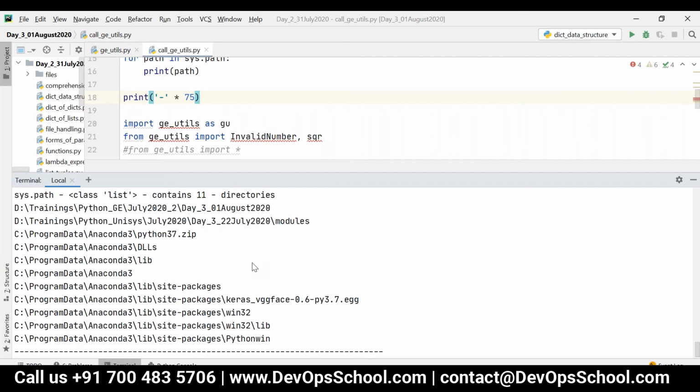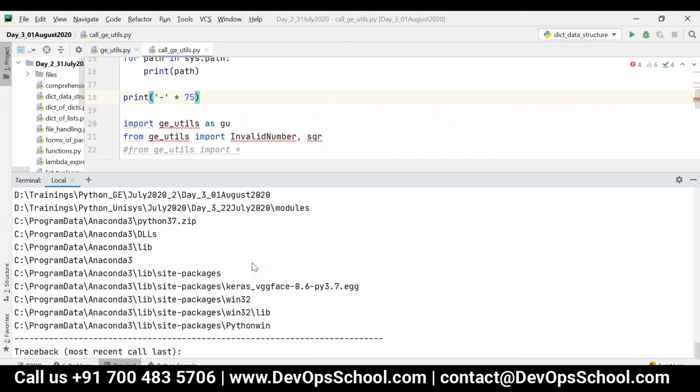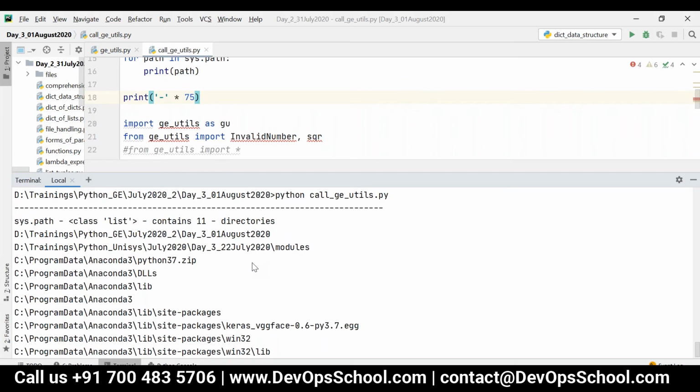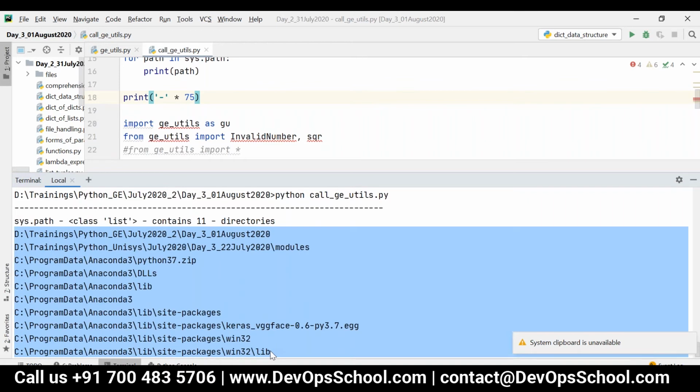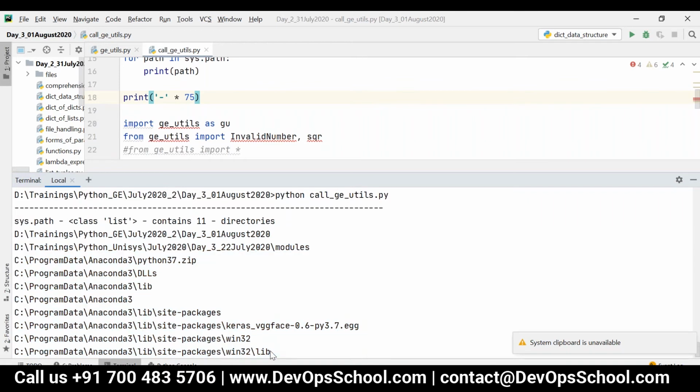Whenever I import any module, that particular module will be checked in all these directories. If it is found, it will be imported. If it is not found in any of these directories, it will throw the error.